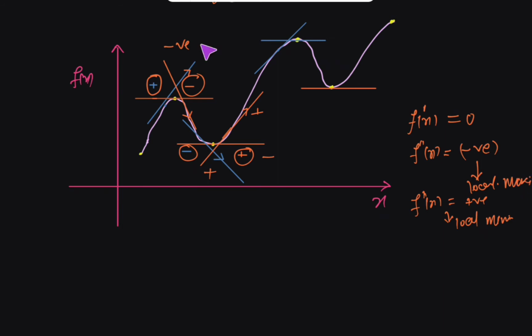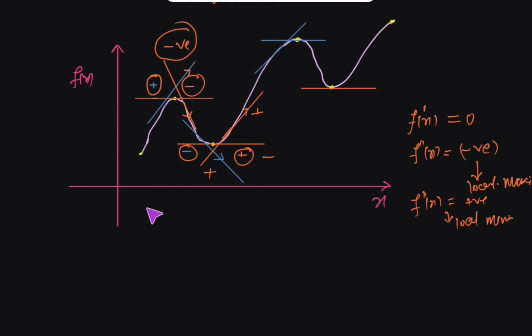One thing should be very clear: if the double differentiation at these points is a negative number, that point represents the local maxima. And if the double differentiation of a function at any local extreme point is a positive number, that extreme point represents a local minima. This will be more clear with an example.